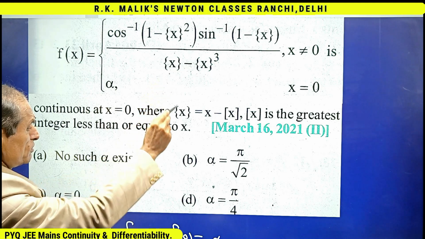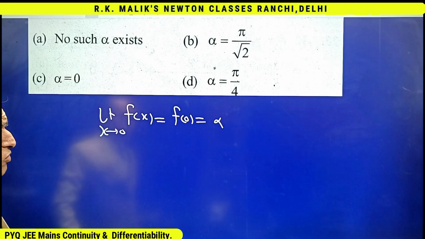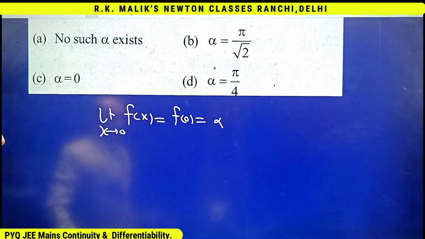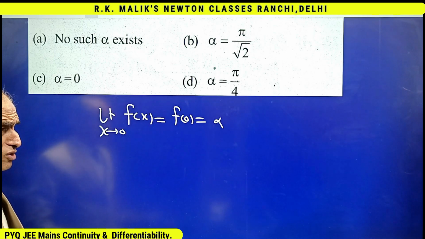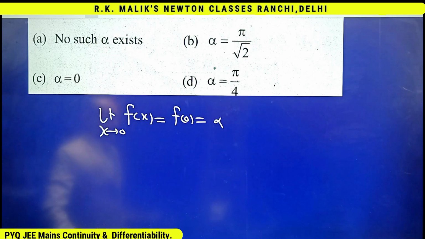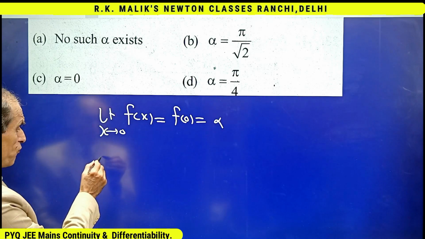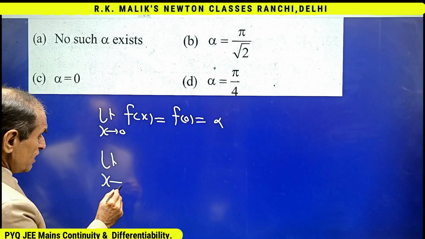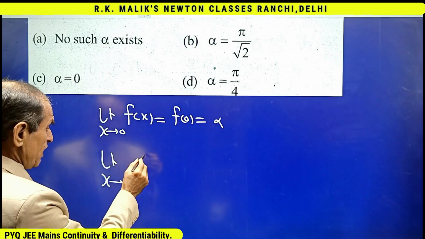Actually, this is a very obvious question arising in the mind of students, that in which questions we find left hand limit and right hand limit both, and in which questions we simply find limit. For that, you will have to see my theory lecture of limit of JEE level. Presently, I will say that I will have to find left hand limit and right hand limit both in this case. For right hand limit, x tends to 0 plus f(x),